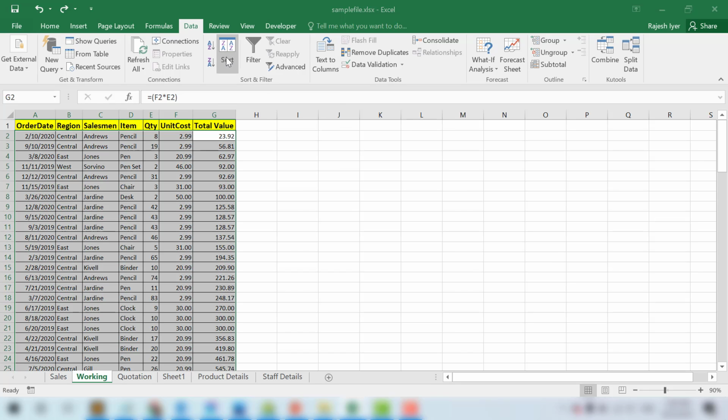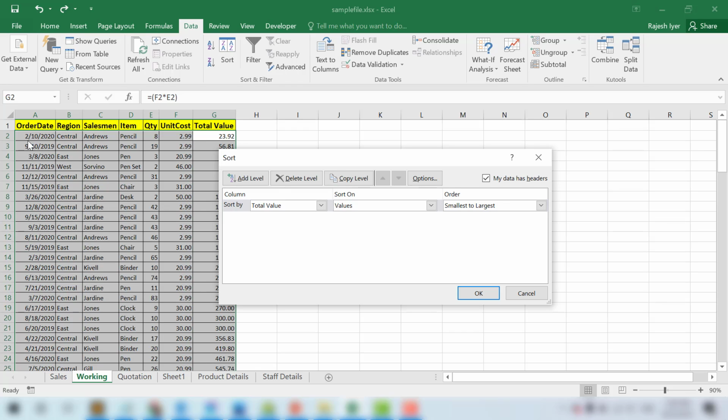Now if you have to sort two or more columns, we can use this custom sort option. When we click on it, it opens up a pop-up and it has automatically selected the entire range. You can see that. This happens only if the data is proper. Now we see all these options. We need to make sure this option is there: My data has headers. This is very important. If this is not checked, it is considering the headers also for sorting, and then it will show you the column names here instead of the actual headings that we have. So it has to be selected, and make sure those headings are appearing here.